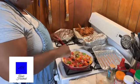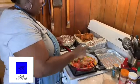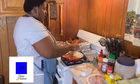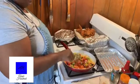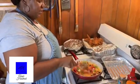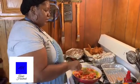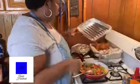And you do add 1 bay leaf. I add 1.5 bay leaf that I added to this ingredient. Okay, it's not too soft and it's not too firm. It's just right. Even with the bay leaf, because it's such a hard leaf, it takes a while for it to really soak in and get softened, and so that'll get soft once I add my rice. So what I'm gonna do is go ahead and get this pan,